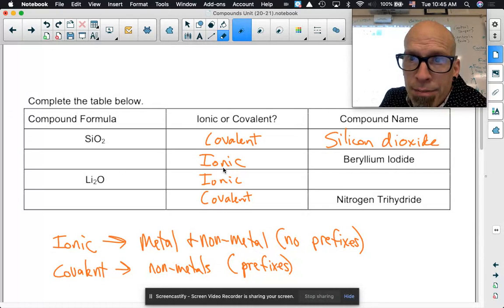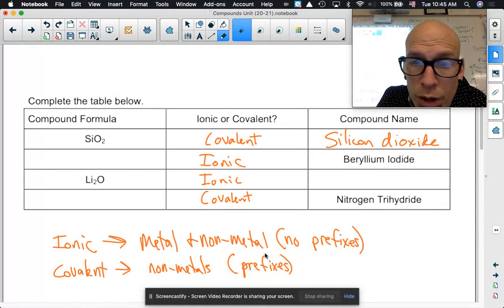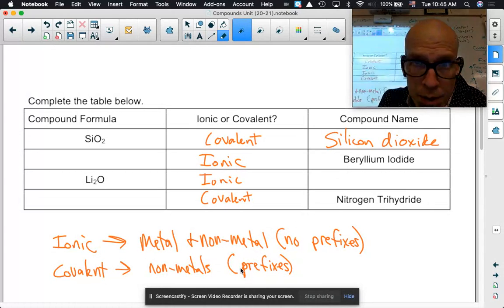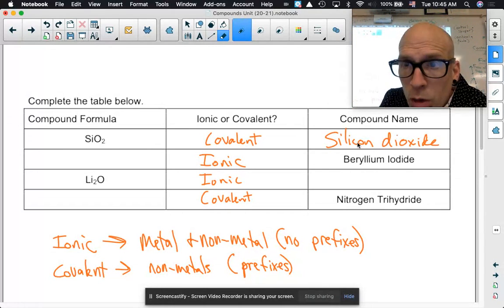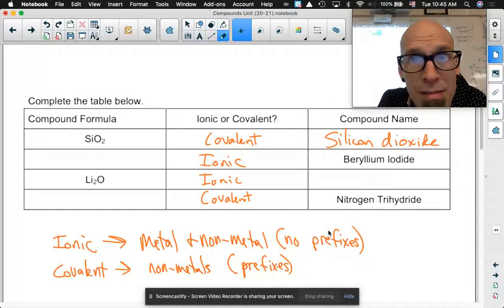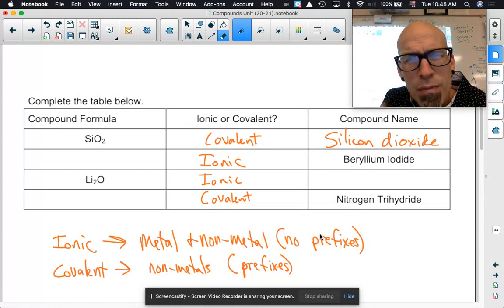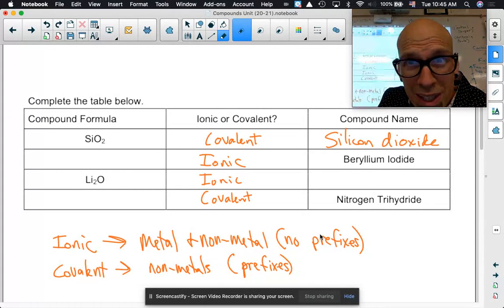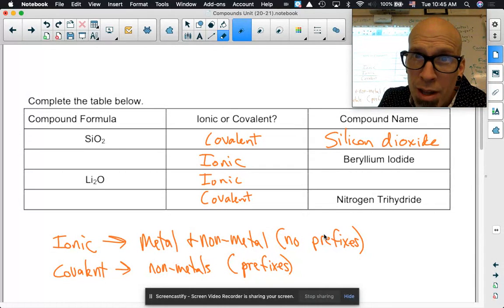Now, beryllium iodide. It's ionic. What's the formula? Now, here's the thing. We don't have prefixes to tell us what the formula is. See, in covalent, the prefixes tell you what the formula has to be. We don't have that for ionic. So how did we do that? How did we figure out the formula just from names? Do you remember what we did? We had to look at a number. There was a set of numbers that was very important